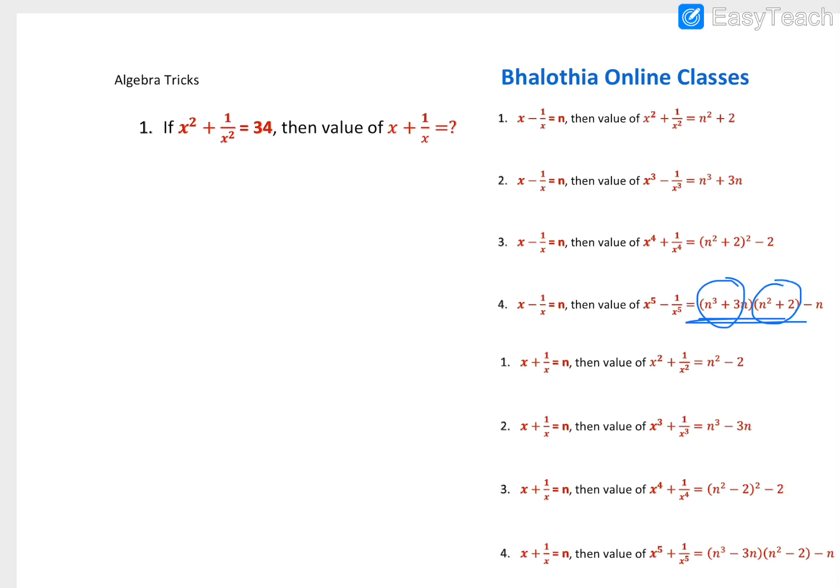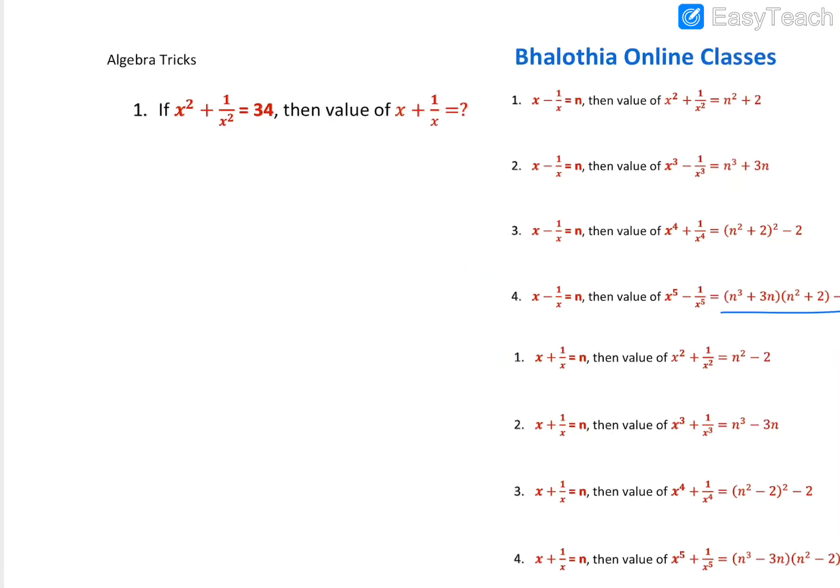Keep this in mind, if we are doing this minus, no, so we have to use this formula only, don't use this one. Okay, don't use this one. So that thing you have to keep in mind, and then you just need to do the minus n. Okay guys, so hope this is clear to you. Let's start for the questions, and we will quickly complete these 10 questions in next 5 to 10 minutes maximum.